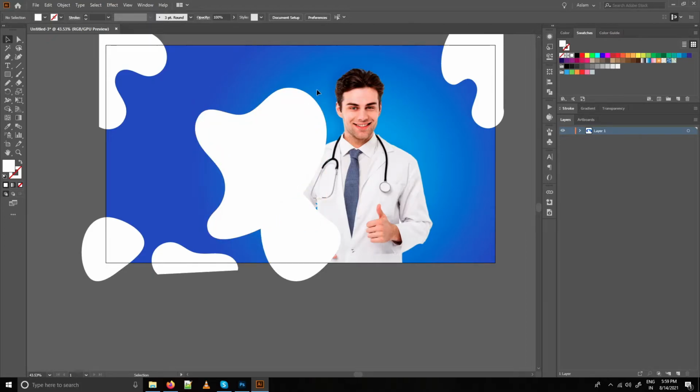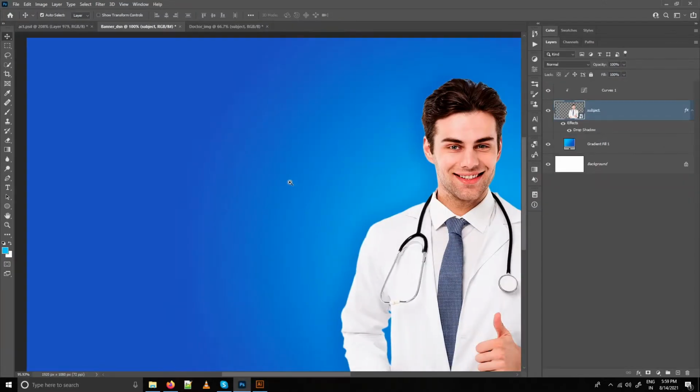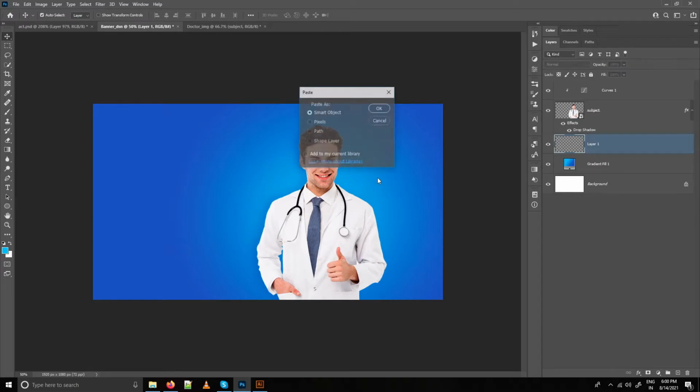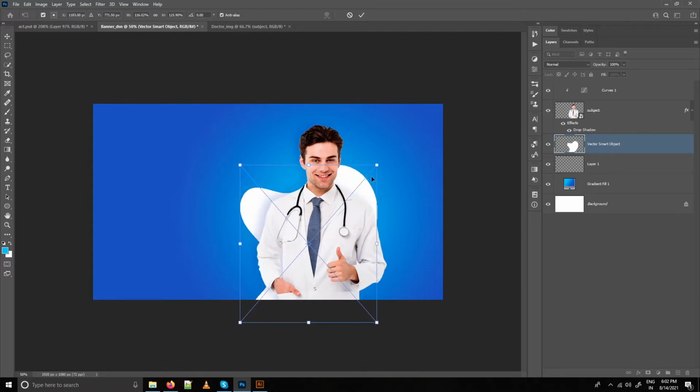Now it's time to import these shapes in Photoshop one by one. Ctrl C to copy or Ctrl X to cut it. Create a new layer beneath subject layer. Ctrl V to paste it. You can place it as a smart object and it will take you back to the Illustrator if you need further tweaking. Or you can place it as a shape layer which allows you to modify the shape inside Photoshop only. But Illustrator deals with vector shape far better than any other software. So I am pasting as a smart object.